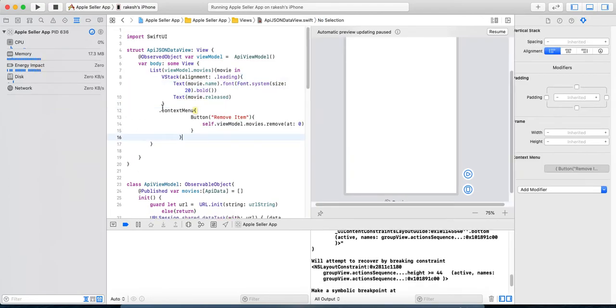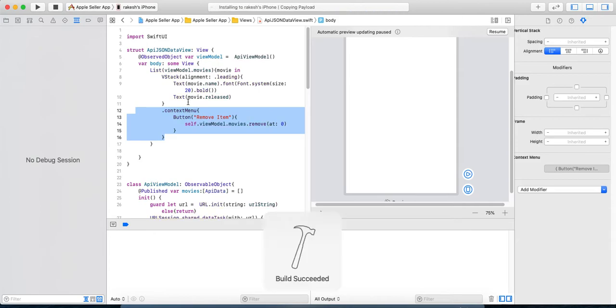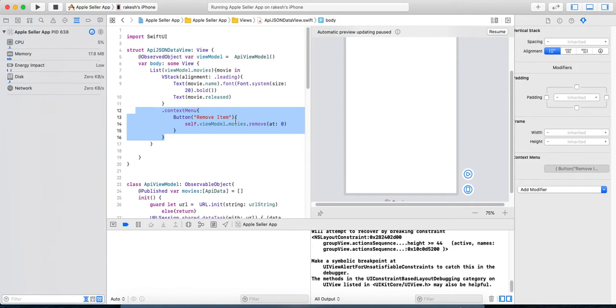So I will paste it here and run. Now you will see only the item of the list is zoomed. You will see Joker is now zoomed, other items are blurred. The Remove Item button is here. When I click on this Remove Item button, it will remove the first item, and the list is automatically updated whenever I click to remove items.